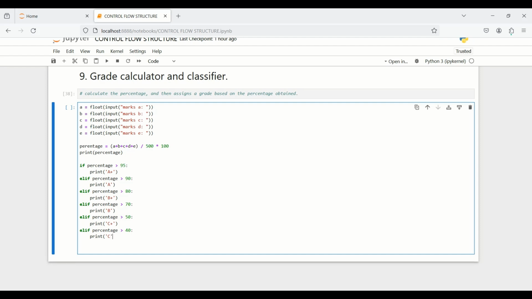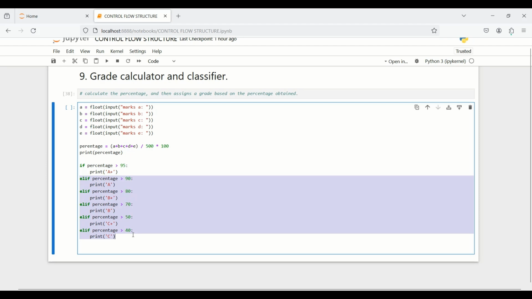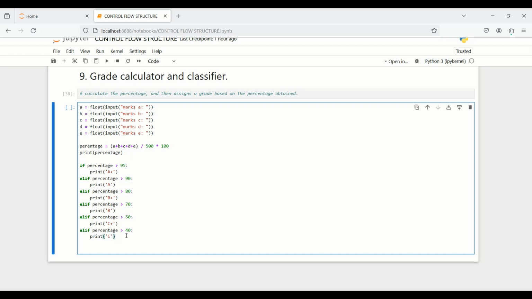So print C. Okay, so first we will create 5 variables, and then we will create a percentage variable and calculate the percentage, and then the if block, and these are our elif blocks, and after elif we will write the else block. Okay guys,